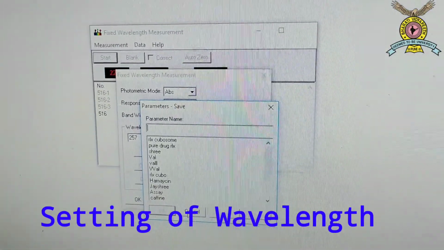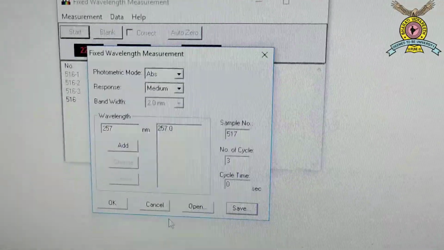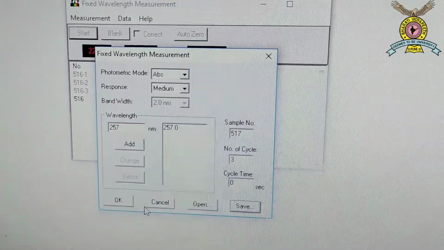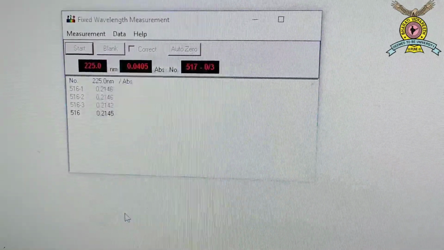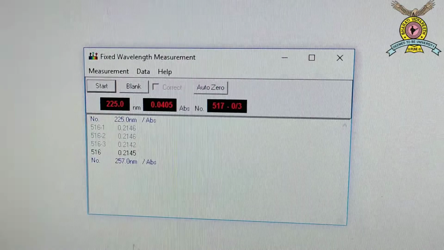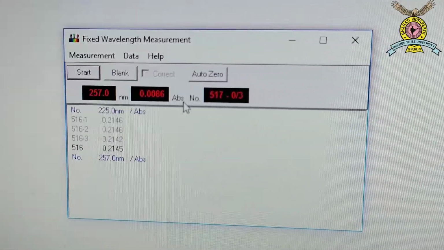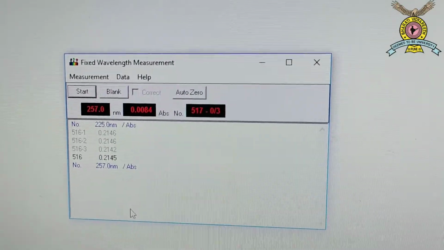After we save, it will ask for the particular location, and then we have to press OK. And we have to check in the software whether it is changed or not. Is it really changed? Yes, it is changed. Now I am keeping the blank.